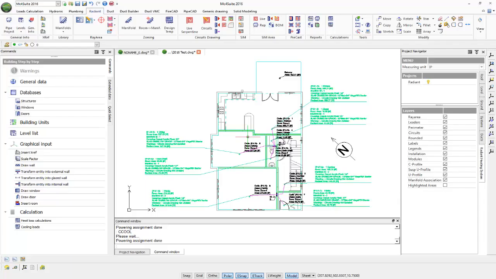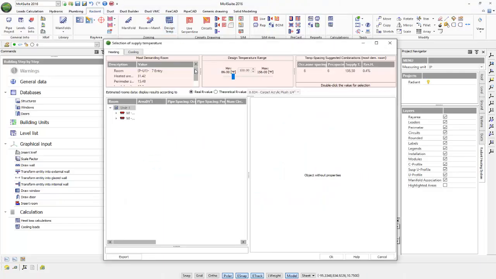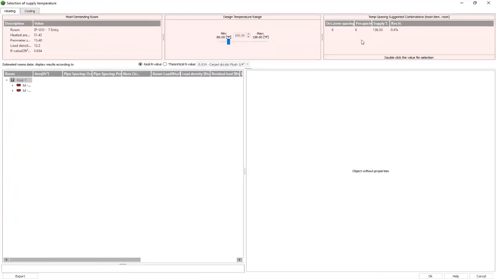To calculate the design temp, we can come to our zoning panel in our Radiant tab and select the icon Design Temp. Our selection of supply temperature window opens, where we will maximize. And in our heating tab,